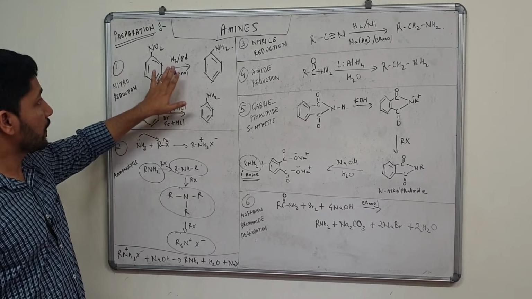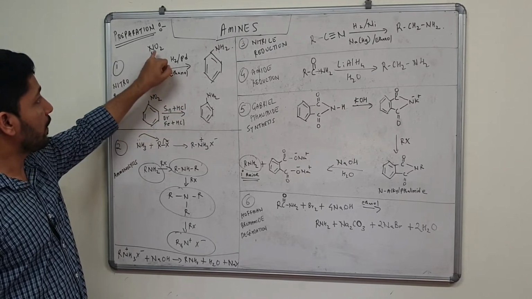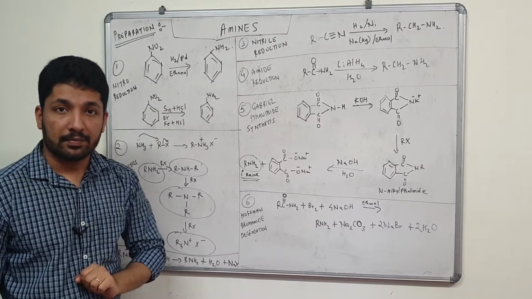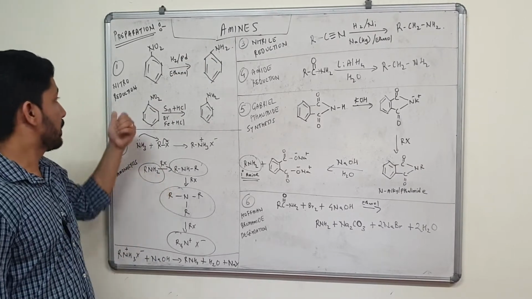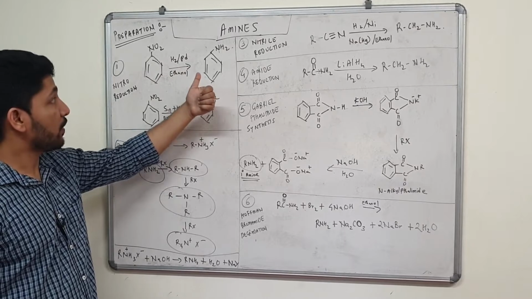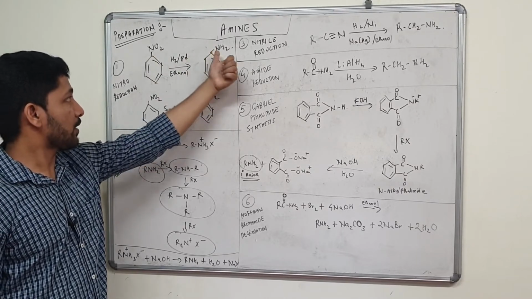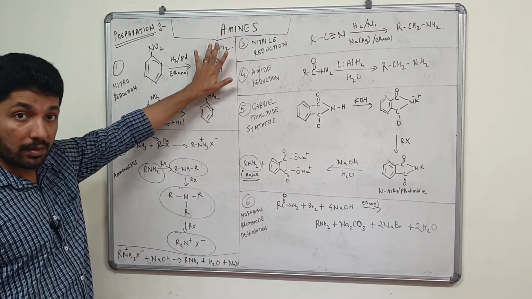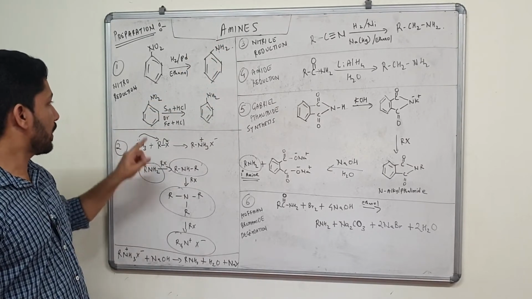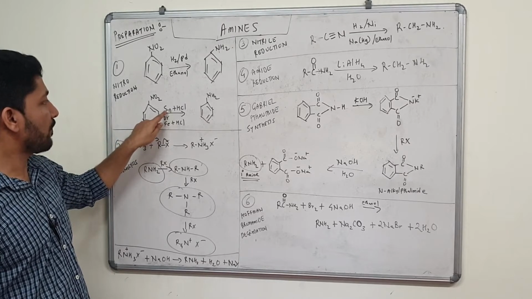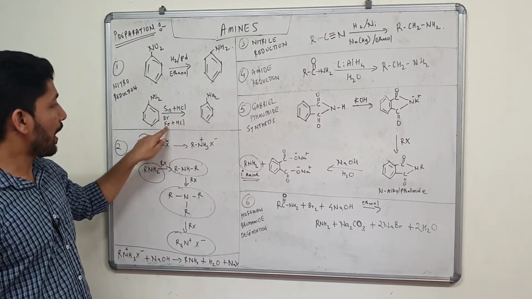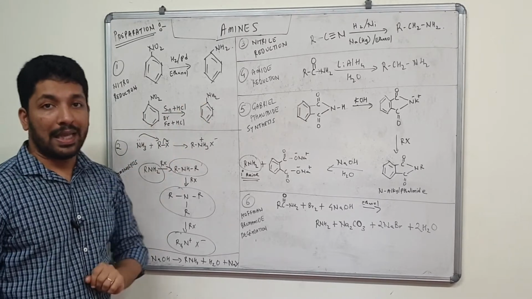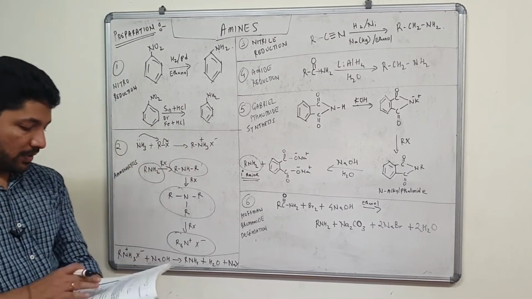In the presence of ethanol, the oxygen is removed and hydrogen is getting added. So addition of hydrogen is reduction, right? This is the basics of chemistry. So oxygen is replaced by hydrogen and you get aniline. So this is a method to prepare aniline. That's an arene amine. The second method is you use a combination of tin and hydrochloric acid or iron and hydrochloric acid. So nitrobenzene again gets reduced to aniline. Did you understand? This is the first reaction.